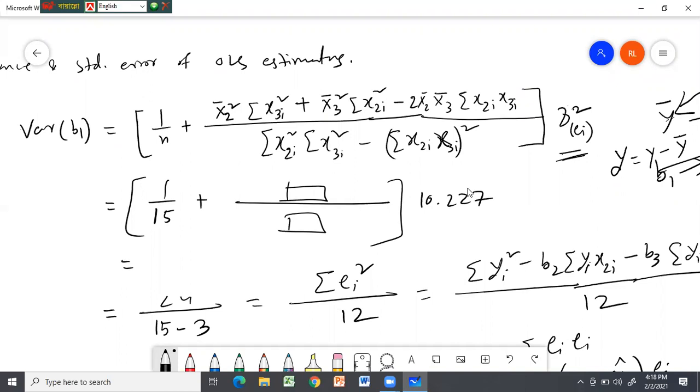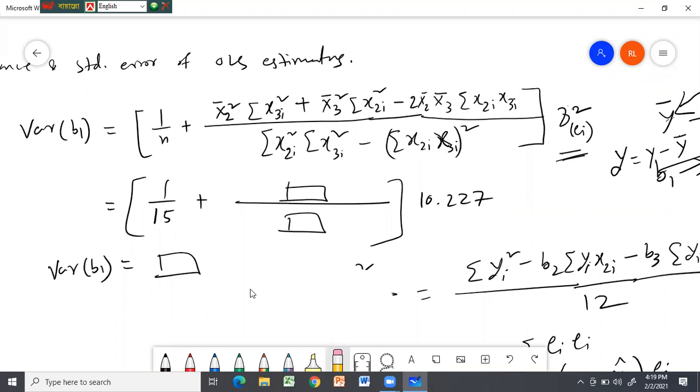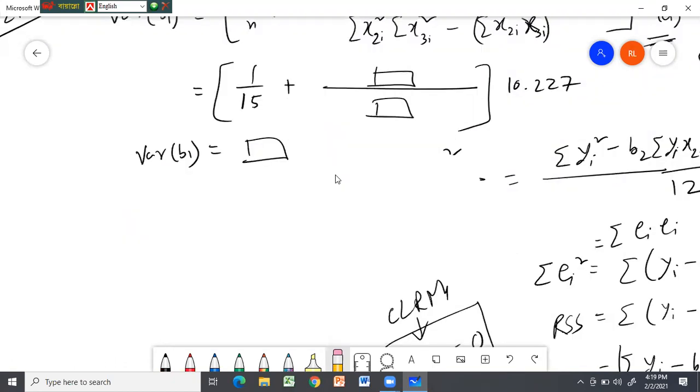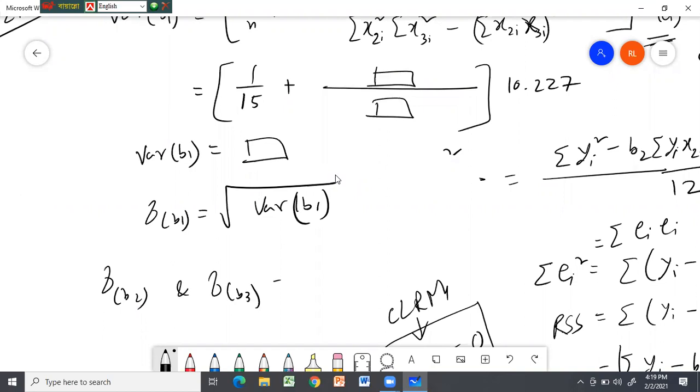Now once you have calculated this, that would be the value of your variance. Okay, so you have to take its square root to know the standard error of the B1. B1 এর standard error যদি আপনি জানতে হয়, take the square root of this value. So the standard error of the B1 is the square root of the variance of B1. Okay, then you get the standard error of the B1. So similarly, you can calculate the standard error of the B2 and the standard error of the B3. এগুলো তো পারবেন আশা করি পরেরগুলা।